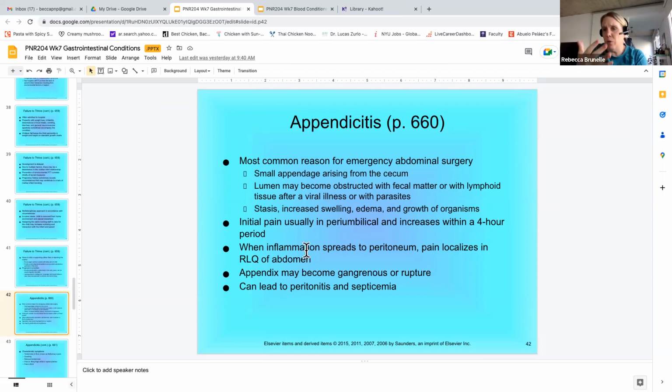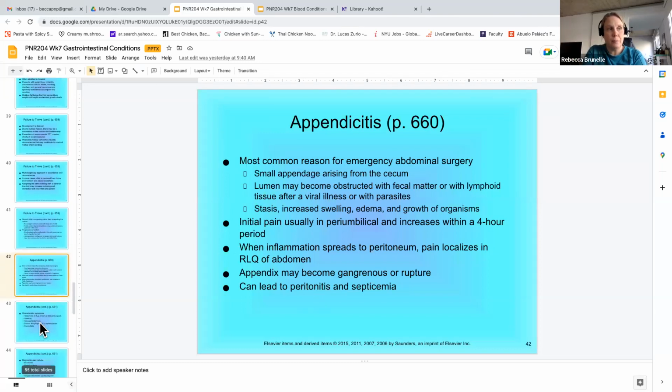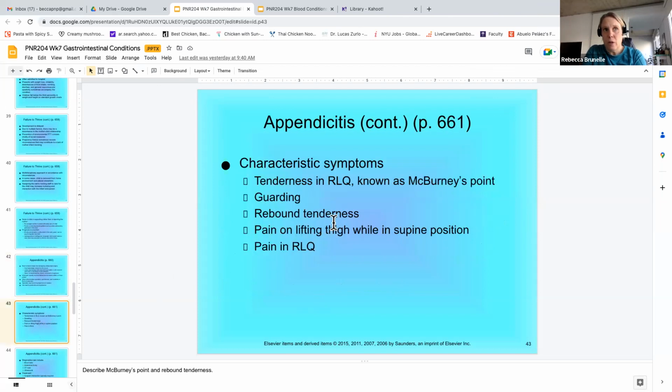So they usually come in with pain, vomiting. You do need to remember that it's traditionally localized in the right lower quadrant. And if it's ruptured, it's a more severe condition than if it's not ruptured. If it ruptures, it can lead to peritonitis or septicemia, where they get bacteria into their bloodstream. So I would remember McBurney's point. That's specifically the right lower quadrant that's associated with appendicitis.